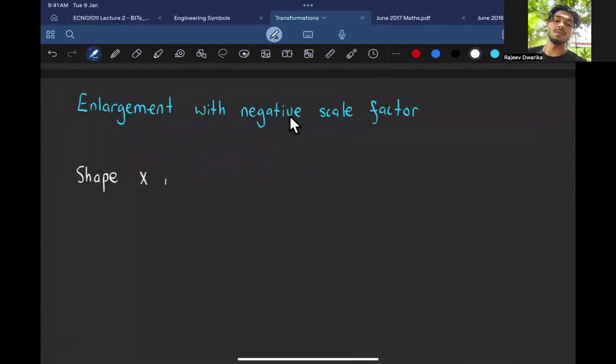So shape X is mapped onto Y with a scale factor of minus 0.5. Now, girls and boys, just by looking at the scale factor, which is a half,